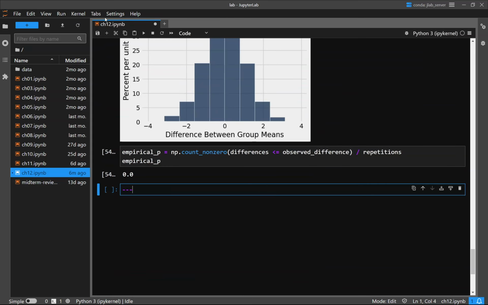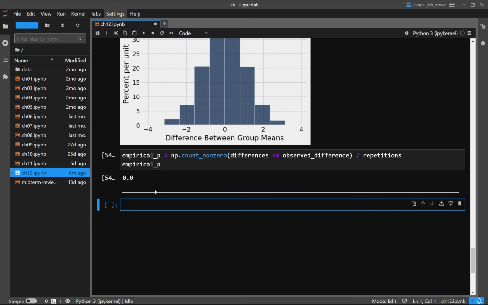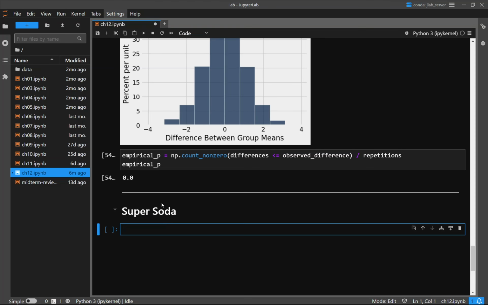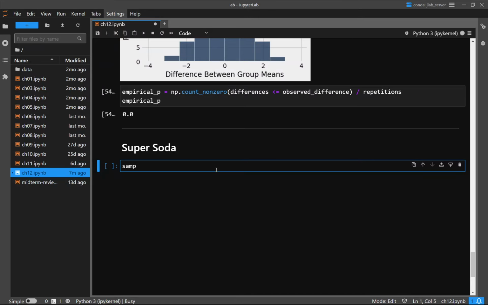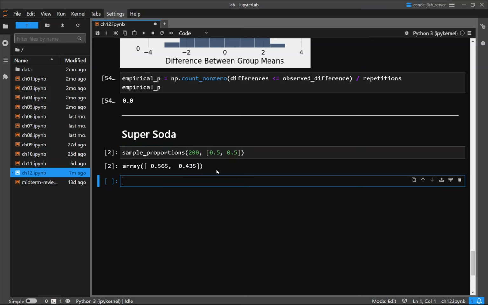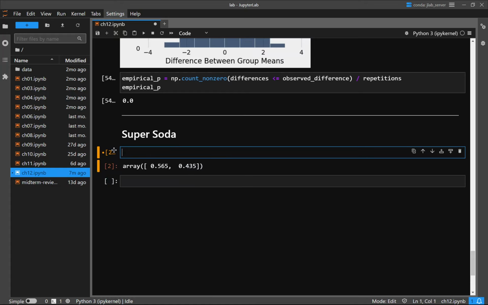So I guess I'll use my standard 3 dashes, and then we'll do Super Soda. All right. So what we really would like to do is have a simulated survey of 200 people, and we're assuming that just as many people like Super Soda as the rival. So I could do sample proportions. I could do 200 people with a 50-50 split, something like that. That's one way to do it, right? Or I could say,